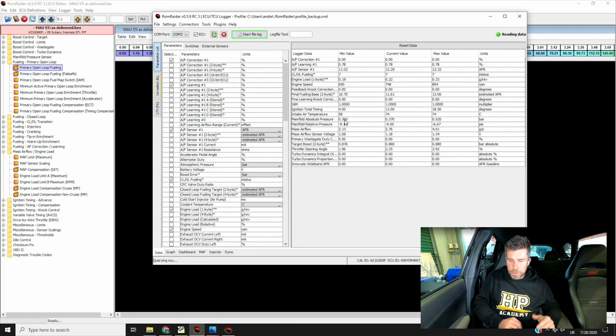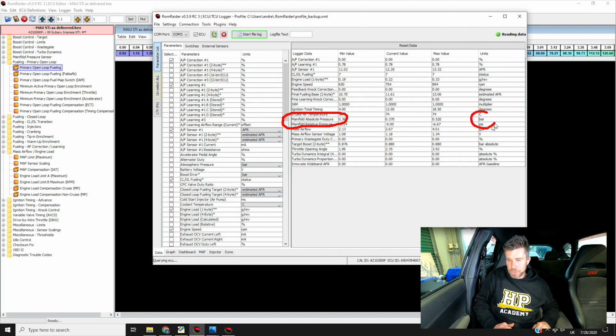So in terms of our boost pressure, we want to be logging our target boost, which is this parameter in here. We want to be making sure here, so we can see we are logging that in bar absolute. We also want to be logging our current manifold absolute pressure, which we've got up here.